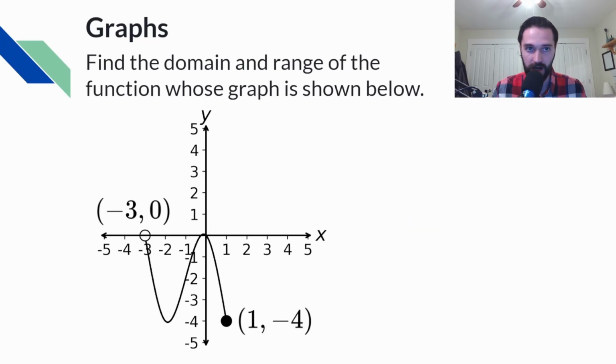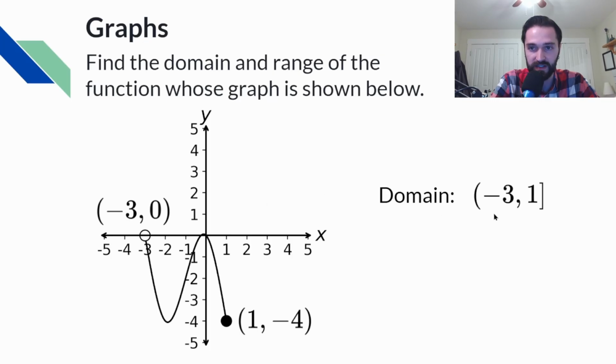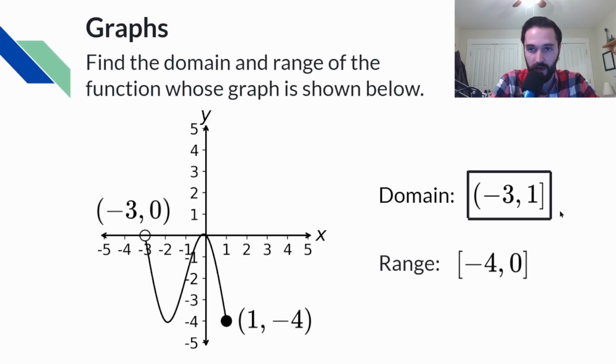Let's try another one. Here we're asked to find the domain and range of the function whose graph is shown below. So we have a hole here at negative 3 comma 0. The function is not defined there. And we have a point down here. The function is defined here, at 1 comma negative 4. So what's the domain? It's the x values in between negative 3 and 1. Negative 3 is not included, so we use a parenthesis, and 1 is included, so we use a bracket. That's the domain. And the range is everything from negative 4 up to